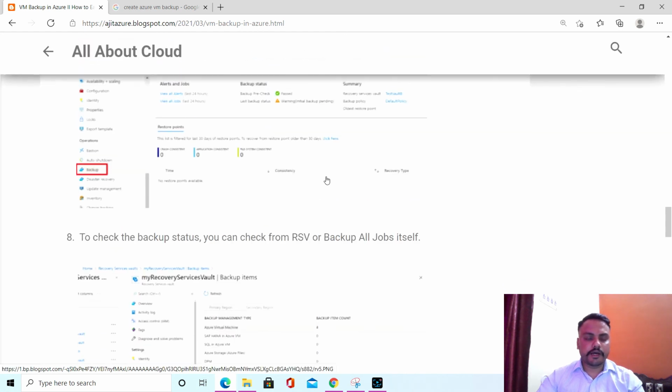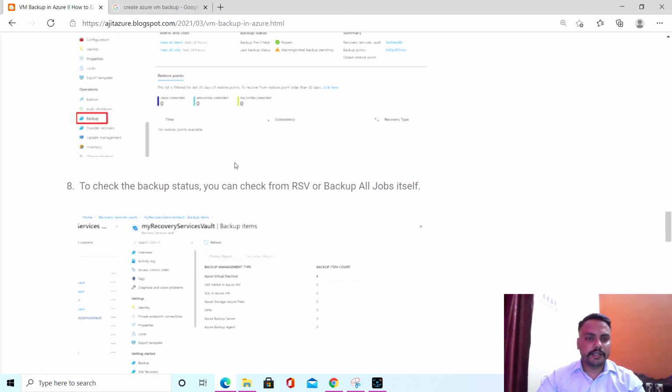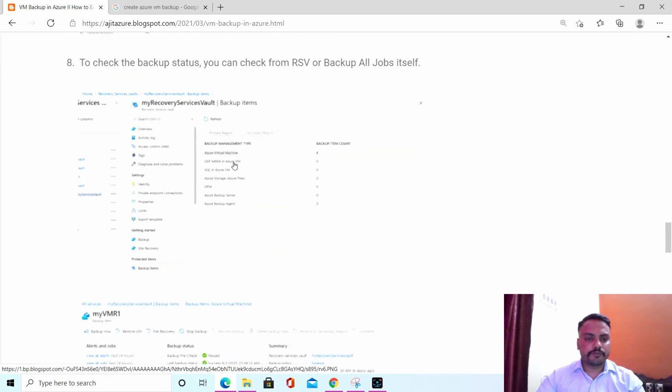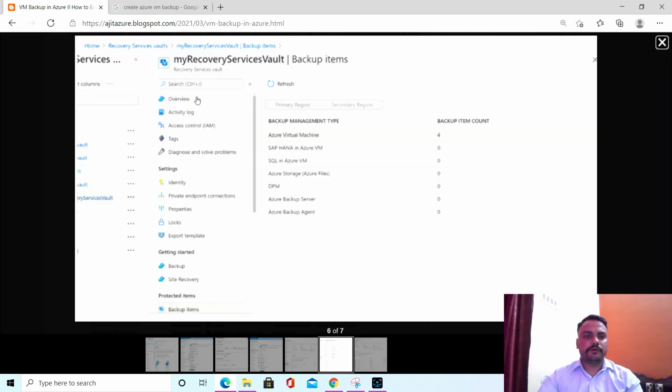And after that, how you can check the status of that backup. For that there are two options. The first one is to go to the recovery services vault, and you can check the backup items here. In the protected items, the backup item is available.